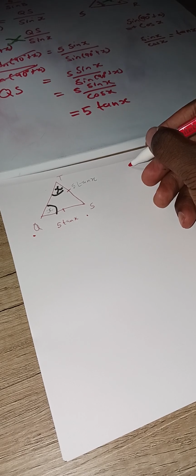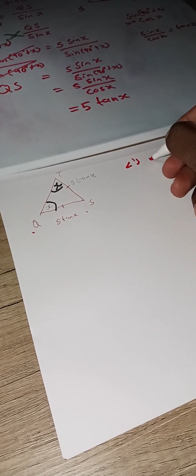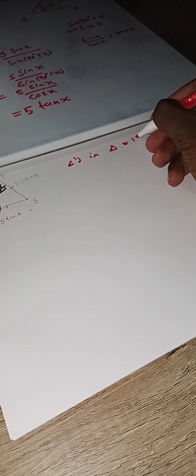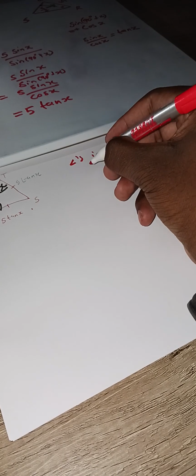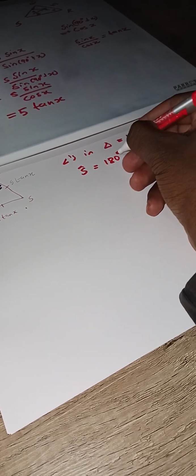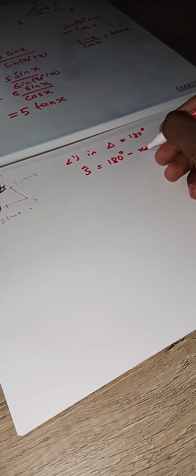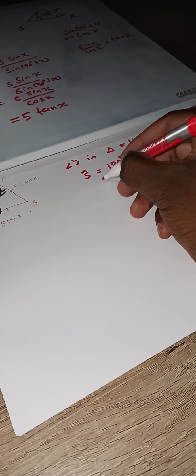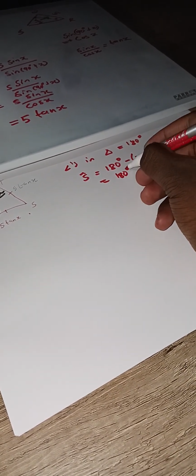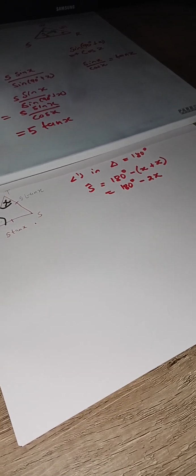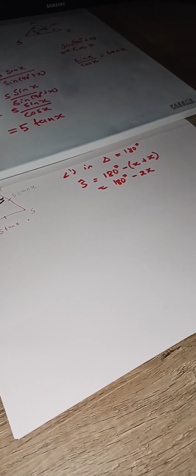We know that angles in a triangle sum up to 180 degrees. And that being said, angle S will be equal to 180 minus (x plus x), and this is 180 minus 2x. So in here,